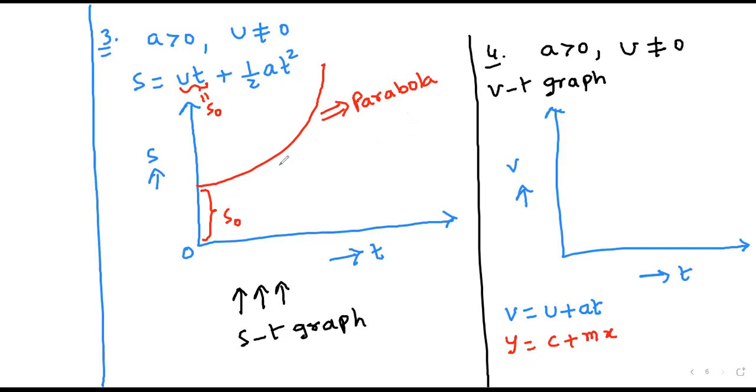If u equal to 0, then it will start at the origin. So here also, when x equal to time is 0, we have initial velocity, that is this one. As time increases, velocity increases. So it is in the shape of y equal to mx plus c. Draw these graphs.